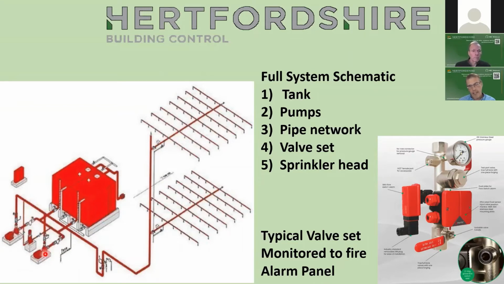Under 18 meters high, you don't need 2 pumps, but generally everybody does put 2 pumps in. The pipe network, as you can see, is really, really simple. That's it. So basically that's your riser. That horizontal distribution pipe would go along the common area of your flats, and then each one of these pipes